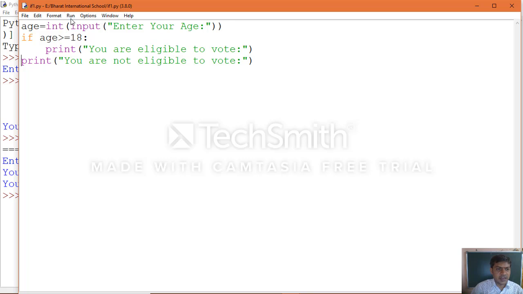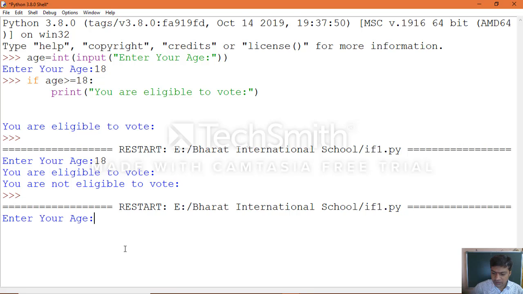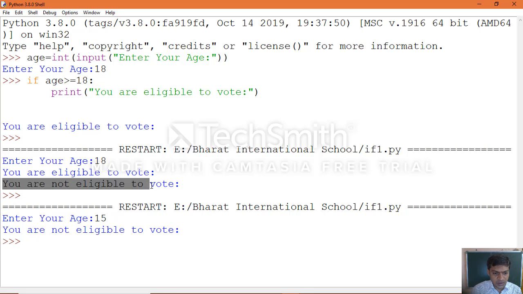Suppose we execute again, let's see what happens. If you give a value other than the condition value, you get: you are not eligible to vote. So the if block statement will not be executed when the condition becomes false. When the condition becomes true, the statement following it is executed. This is outside the if block, but we haven't specified anything in the simple if form, so that statement also executed, because it is a print statement.